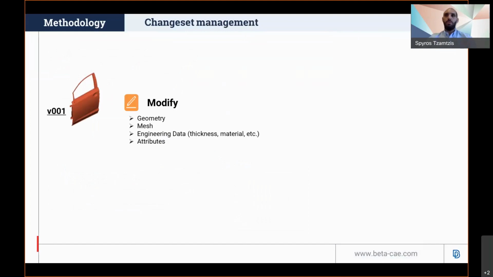Moving on to the next topic in the modular environment methodologies, we have introduced functionality that allows the tracking of changes applied on part and subsystem level, including changes on the geometry, changes in engineering data, or changes of the attributes. This tracking will result in the creation of a change set, an ANSA entity that will contain all actions and parameters applied on the model. When the modified part or subsystem is saved in DM, the database infrastructure allows to keep as metadata and associate a change set with the related DM objects.